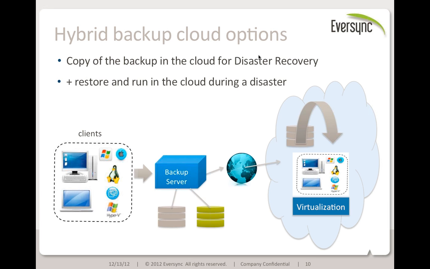And an add-on to that, which makes it even more valuable, is to add the capability to restore and run in the cloud during a disaster. In other words, I've got a copy of some of my backups in the cloud. If I actually lose my entire site, I could restore in the cloud from that backup, restore some of my, quote unquote, clients, and run them as virtualized applications in the cloud. This would usually be done for a limited period of time, but it is the first point at which you could say that even if you don't have a second site, you have a second site for DR, because the cloud can act as a full second site. So that's very promising.